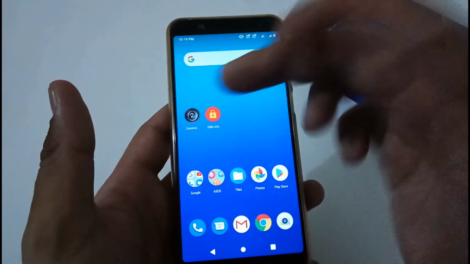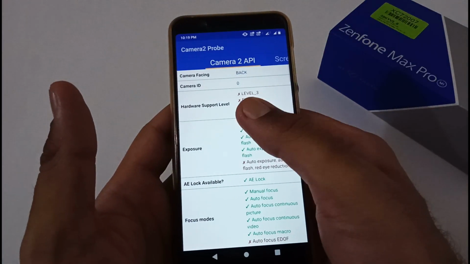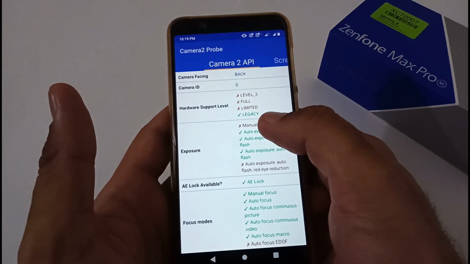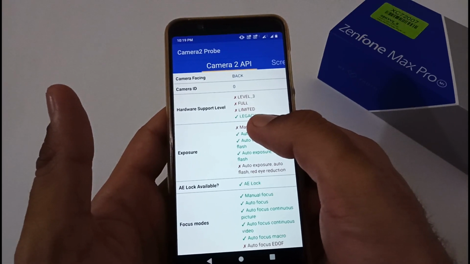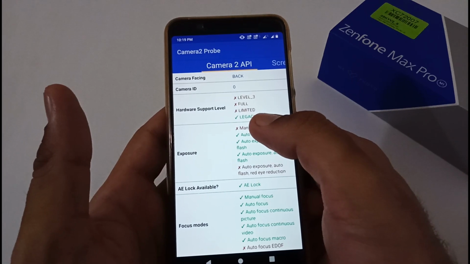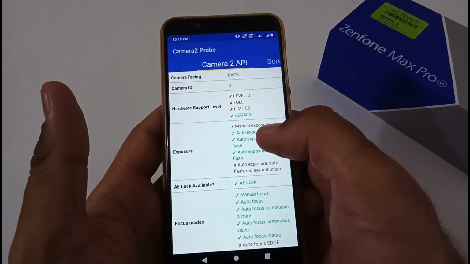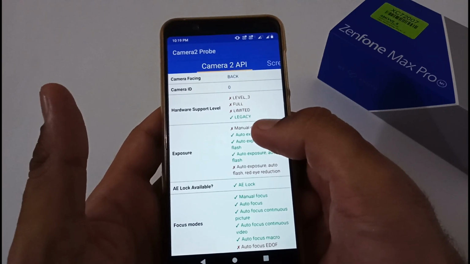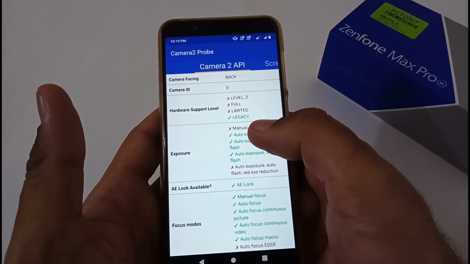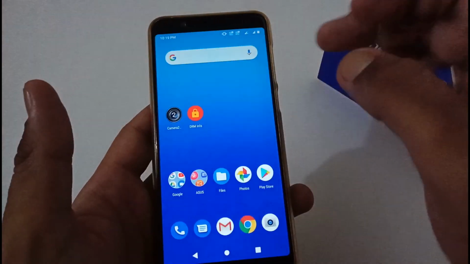Apart from this, two other things we need to verify: the status of Camera2 API, whether it has been changed or not. It is really disgusting that we are still on legacy as we were in 063. It's really bad that they are ready to provide this to the Android 10 beta version ROMs, but not to the stable Pie versions and so on.